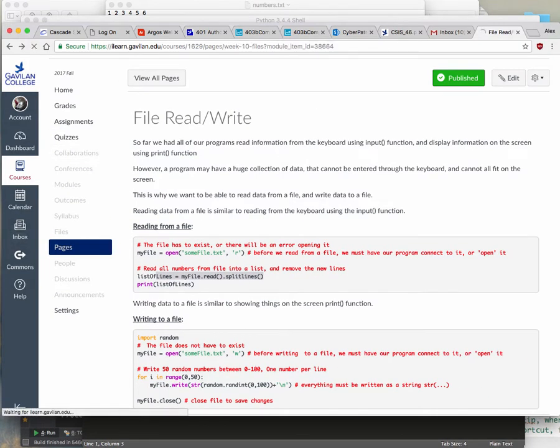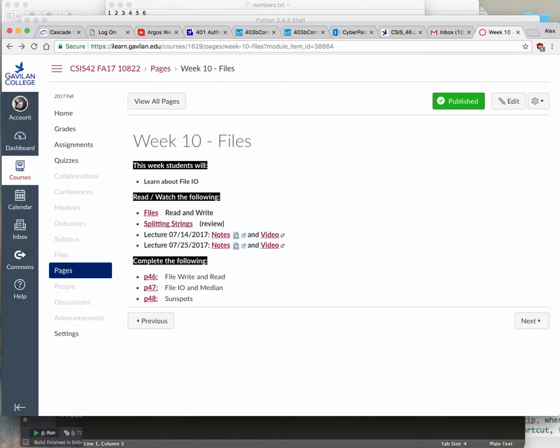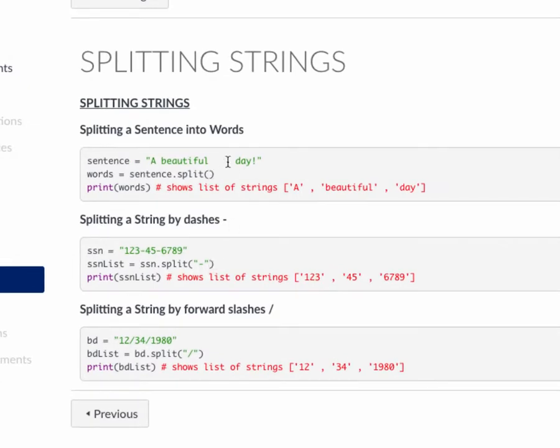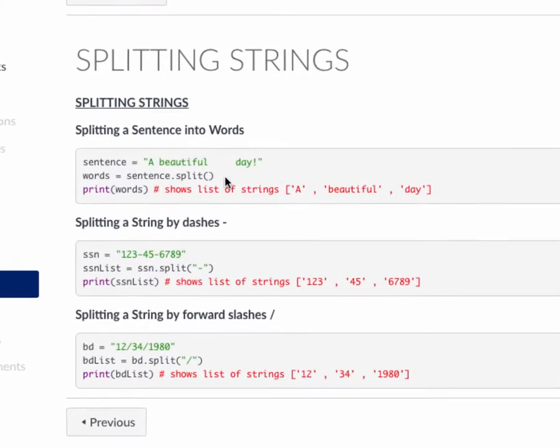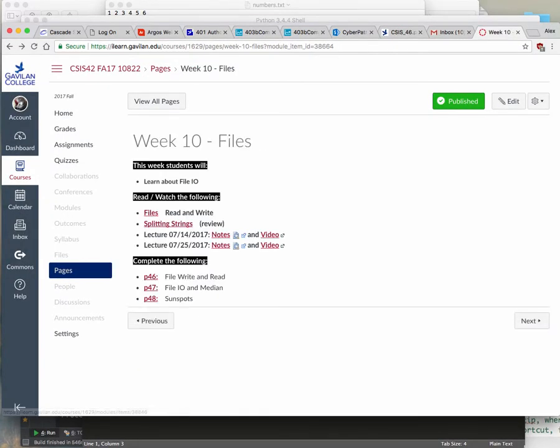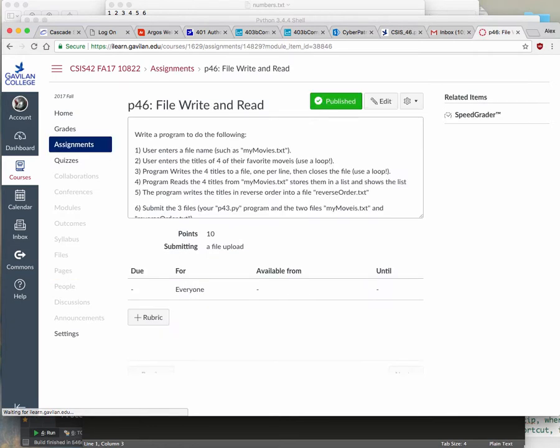So going back to splitting strings. Yeah, I showed you how to split strings. This is relevant because you need to split each of these lines, usually by spaces or commas or something. Okay, so the first one, file write and read, is